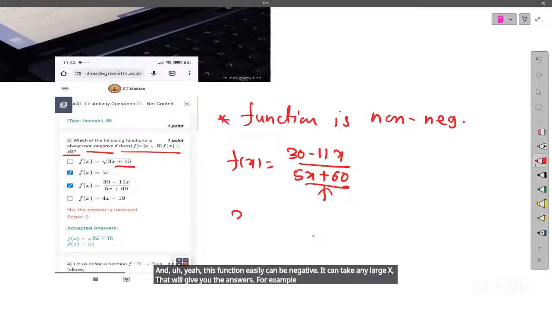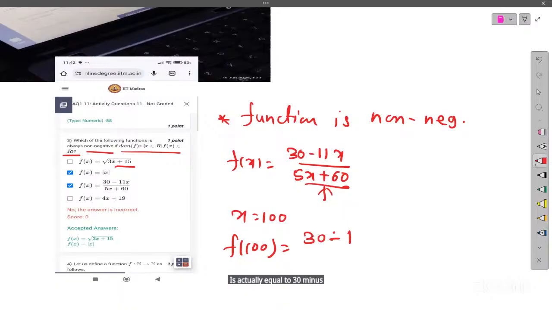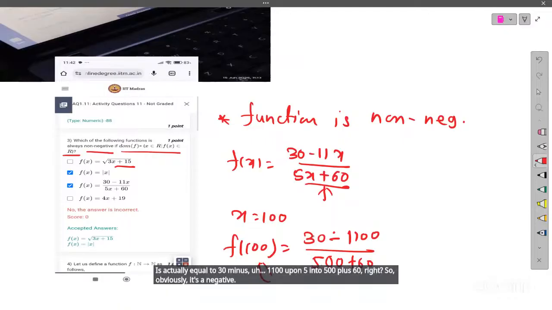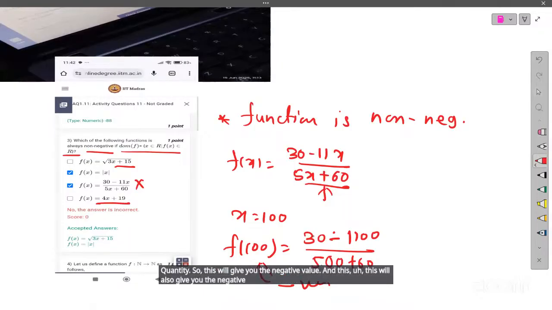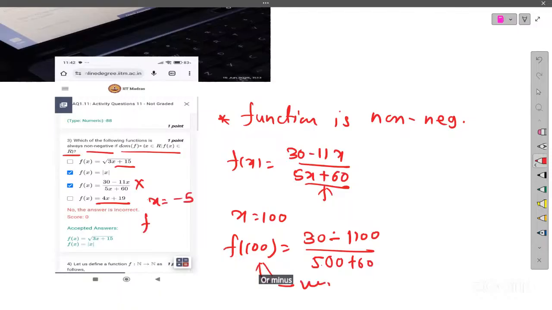For example, if I take x to be 100, then f of 100 is actually equal to 30 minus 1100 upon 5 into 500 plus 60, right? So obviously it's a negative quantity. So this will give you a negative value. And this will also give you a negative value because you have to take x to be any real number. So you can take simply x to be equal to 5 or minus 5, right? Then f of minus 5 will be minus 20 plus 90, which is minus